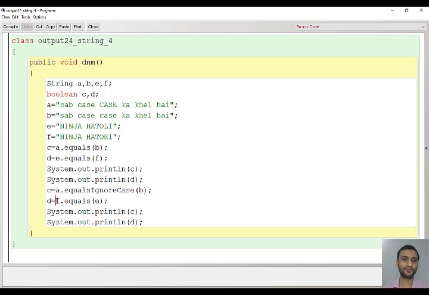Next, we are checking f equals c. It is just the opposite of what we did in this variable d. e equals f and here f equals c. So it doesn't matter if you check a with b or b with a. It always remains the same. So again, it will remain the same. That is, the answer will be false. So the final answer will be false, false, true and false.